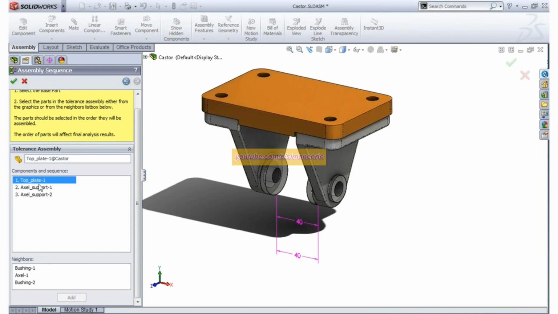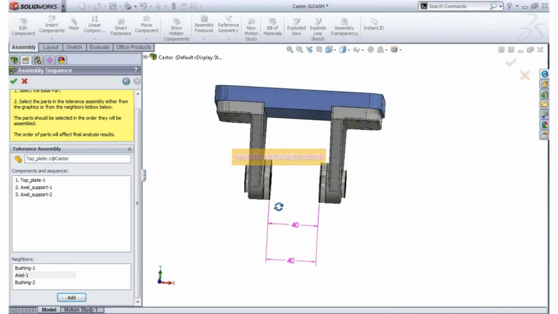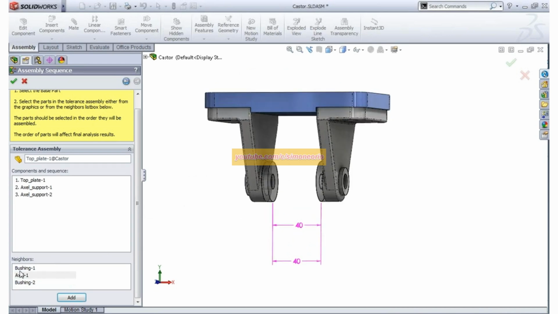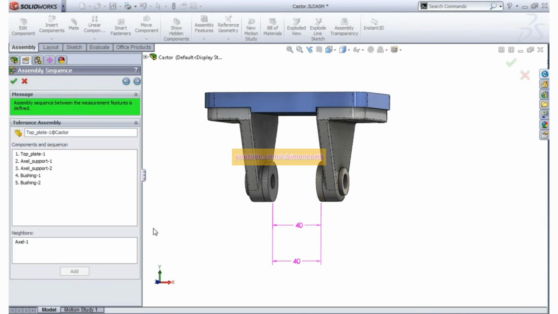And then it sees what the neighbors of the other components are. The bushing right here. And where's the axle component? It's hidden right now, the axle that goes in the middle. But I can pick this bushing, add that, and then the next bushing and add that. So that's the assembly order: 1, 2, 3, 4, 5. I'm not going to assemble the axle.